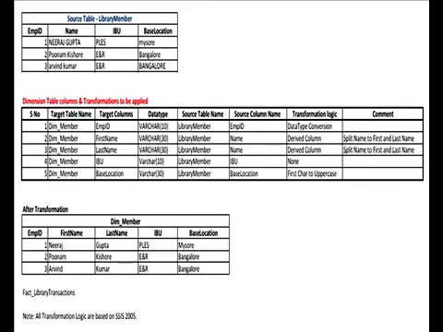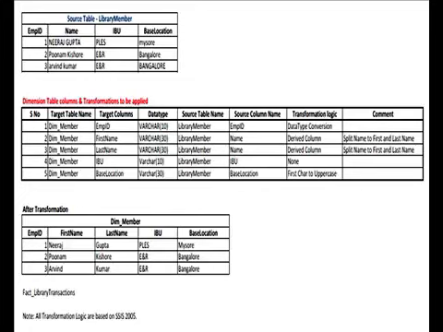Now, the dimension table for this source table library member is called dim_member. When the data from the library member source table has to be stored into the dimension table dim_member, what are the different transformations that are to be applied is what we are seeing in the second table, and the heading of the table is shown as dimension table columns and transformations to be applied.